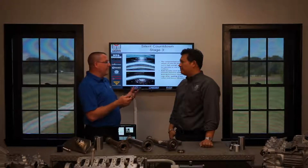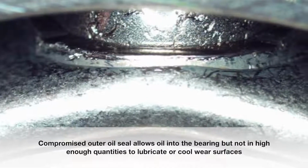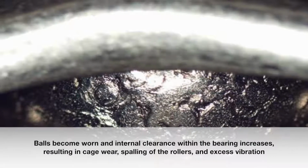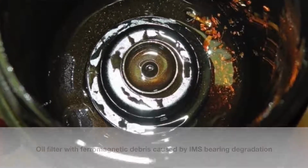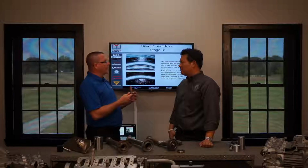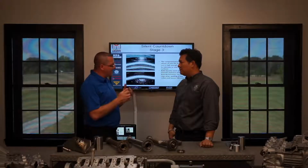So realistically, at stage 3, we've got big time wear happening to the balls and to the cages within the bearing. And the erosion, the spalling, all these things have occurred at a great rate. And as the wear begins, more wear follows that. As you have more wear debris, that creates more wear. It's really a snowball that's just starting to snowball. And it's not snowballing to a good effect. So you have a lot of debris creating wear. That wear is also creating vibration. So a lot of times we see the only symptom of an IMS bearing failure before the bearing actually fails